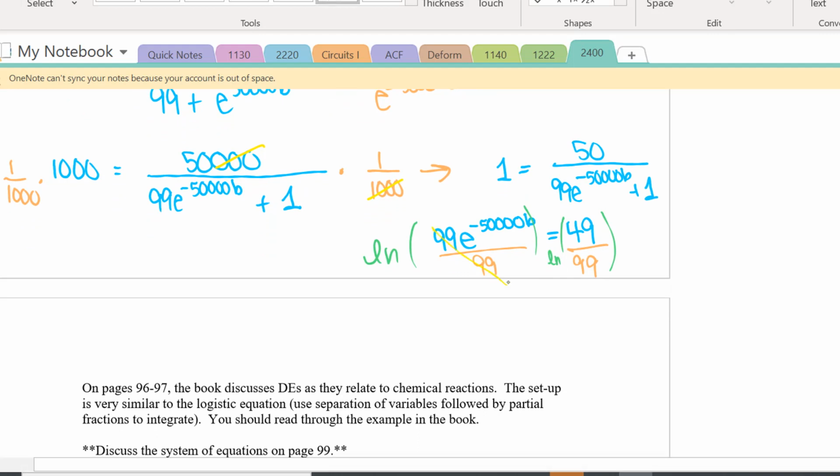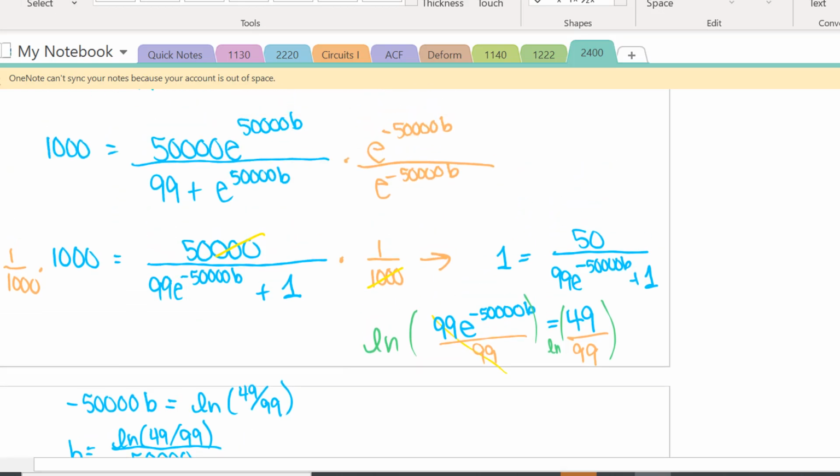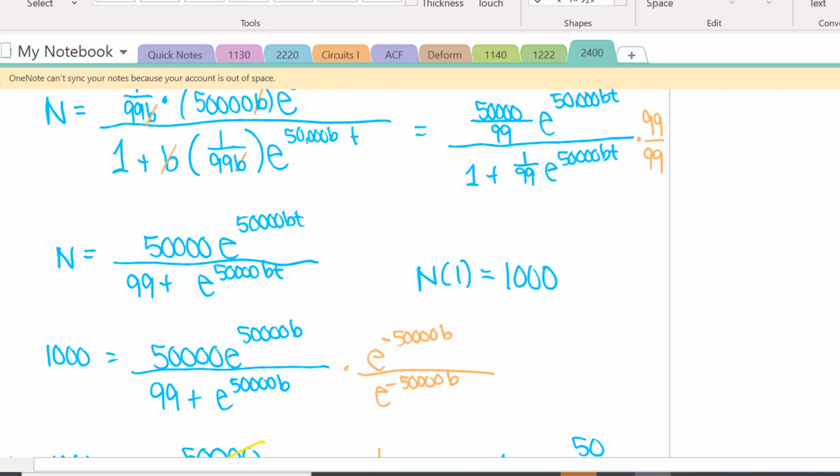So on the left, the 99s cancel, and I have natural log of e to a power, so I just get that power. And then I'll just leave that for now, natural log of 49 over 99. And then divide both sides by negative 50,000. Actually, I don't know that I need to do that on my calculator now that I think about it, because when I look at this